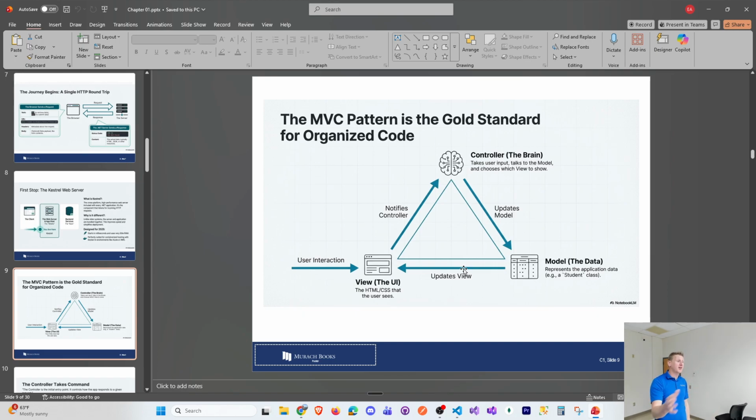We separate our concerns into these 3 areas. M stands for models, V is views, and C is controllers. What are the concerns? V, the views, that's your front end. Pretty simple. When you're viewing something, you're looking at something, that's your front end. M stands for model. The model